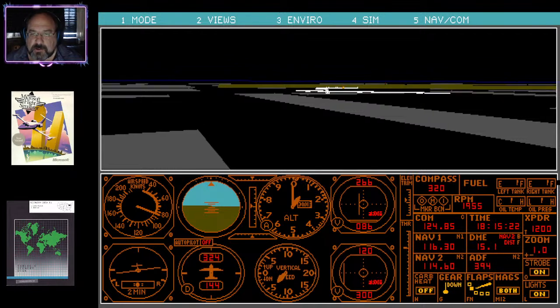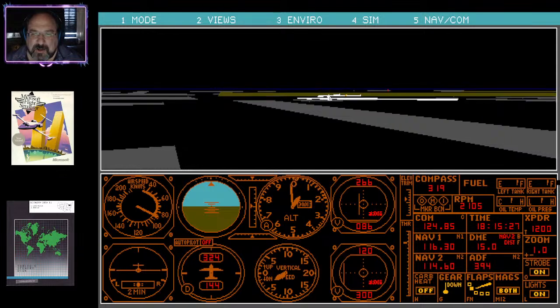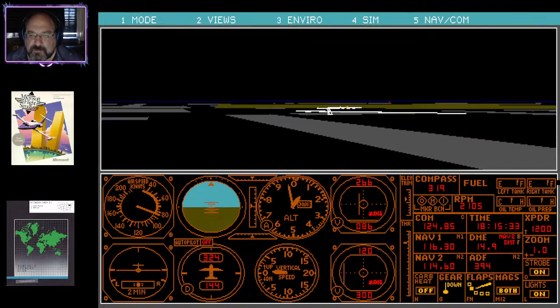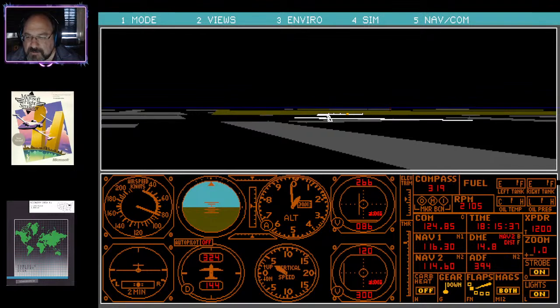And I seem to be getting low to the ground, so I'm trying to get higher up. It probably would have helped if I looked to see what the altitude was at the airport before I got there, but